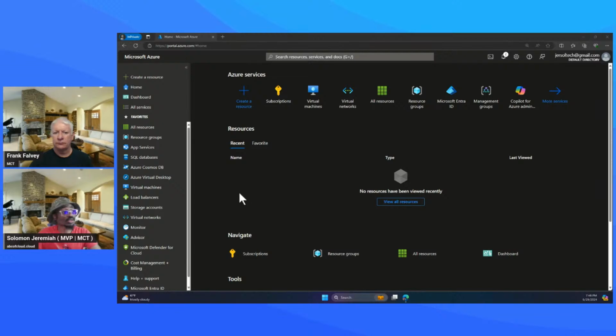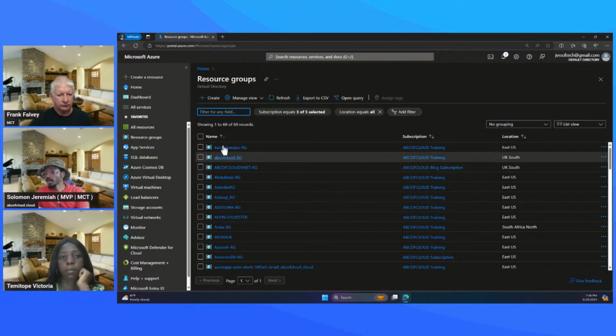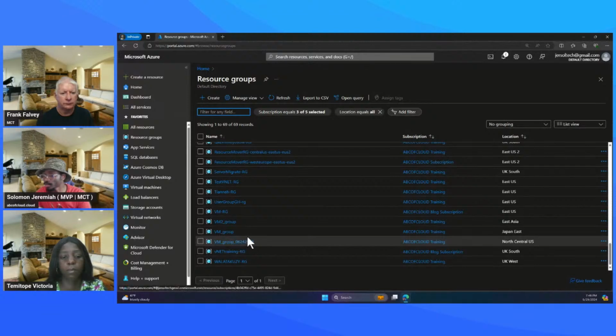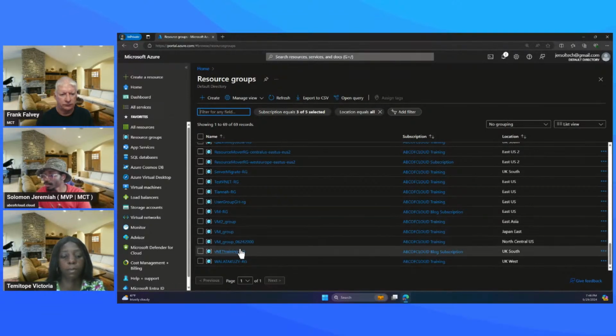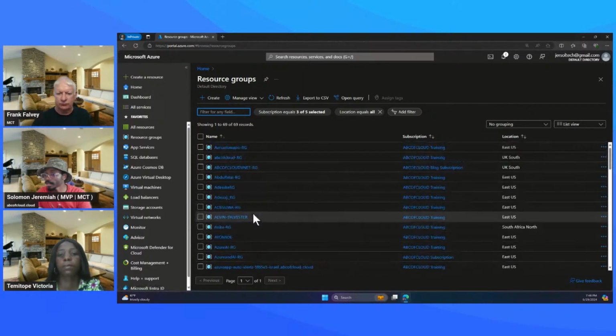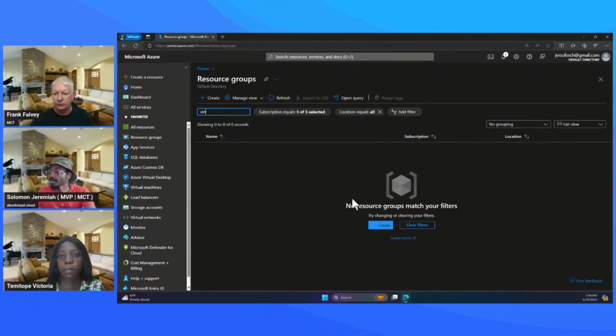So if we come to this portal now, I can choose to say, okay, let me go to resource groups now. So I have different resource groups now. So if you look at this resource group, I can come to one of these resource groups, which should be, let me see if I can find. I just want to look for one. Let me just see if I can find. No name. Okay, let me just go from the